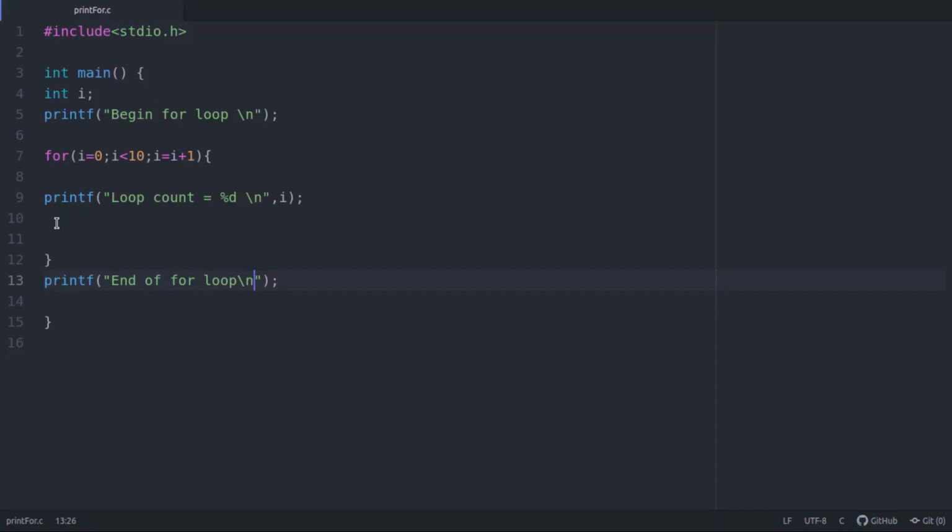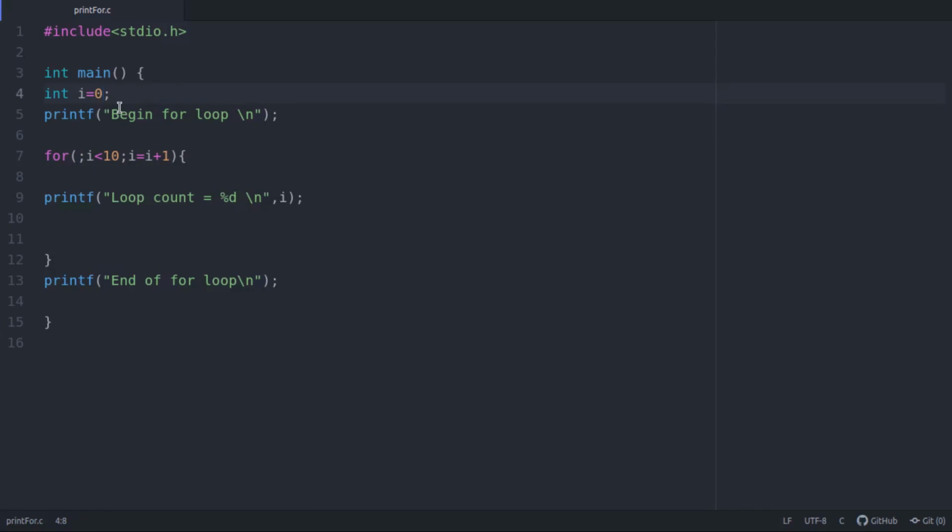Now when we look at these three parts, an initialization part followed by a semicolon, a condition part followed by a semicolon, and an increment part, you have to remember that none of these three are mandatory. You can skip this part if you want. I can remove this from here, but I need to have the semicolon. I am saying I am not giving any initialization statement. I will initialize the value of i separately before the for loop itself.